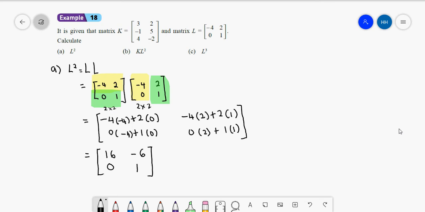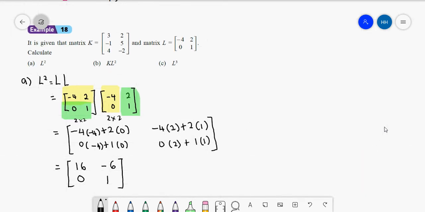Next for question B, the question asks you to calculate KL square. For this case, K you multiply with L and then multiply with L. But for question A, you already calculated L square. So for question B, you can straight away multiply K with L square that you got in question A. So, K L square is equals to,